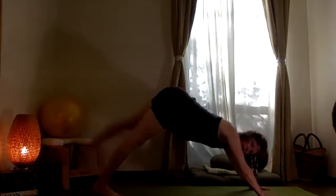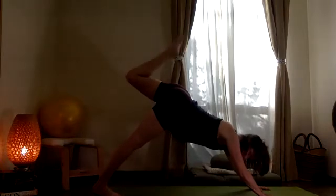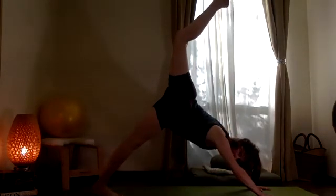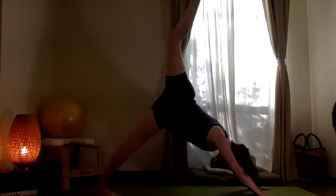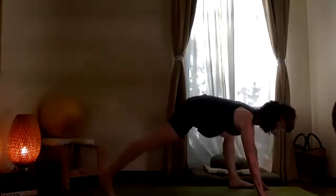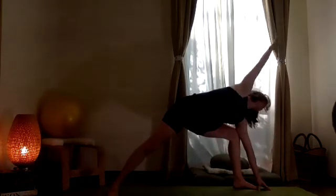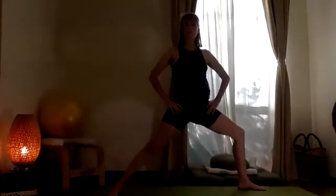We're going to skip a plank. Who needs it? Lift just your left leg. Bend the left knee. Lift it un poquitito más. Good. And then open it towards the room. Good. And then desde aquí, so from here, you're going to take your left foot, pie izquierdo, detrás, so behind your left hand, turn the back toes out, and then exhale, reach, bring yourself up, find warrior two, guerrero